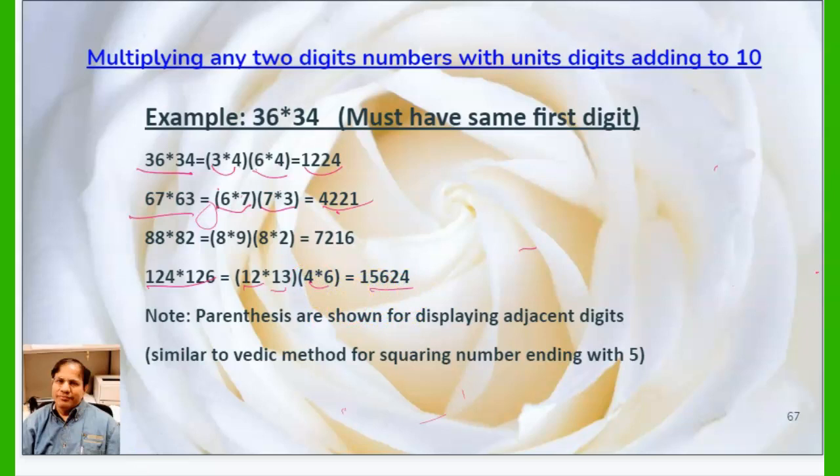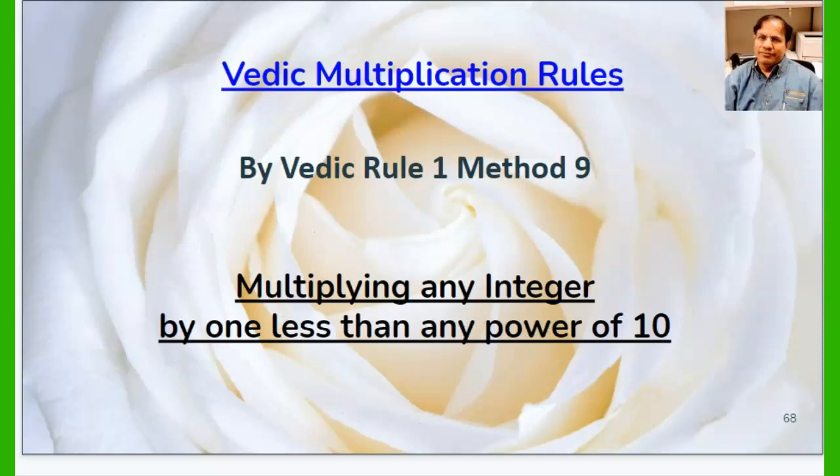Of course, note in all this that the parentheses are shown with adjacent digits. This is similar to the method of squaring numbers ending with 5, except the ending digits vary depending on the given number. Now we talk about method 9, and this method is much simpler than previously,